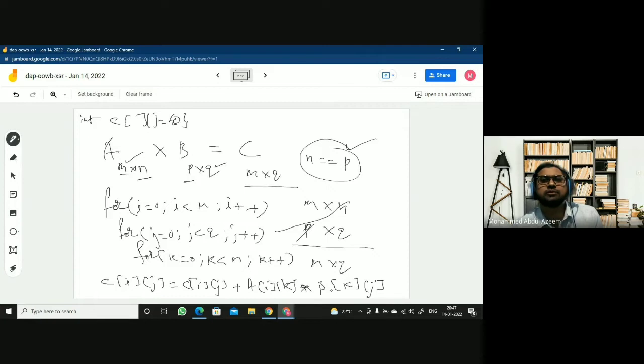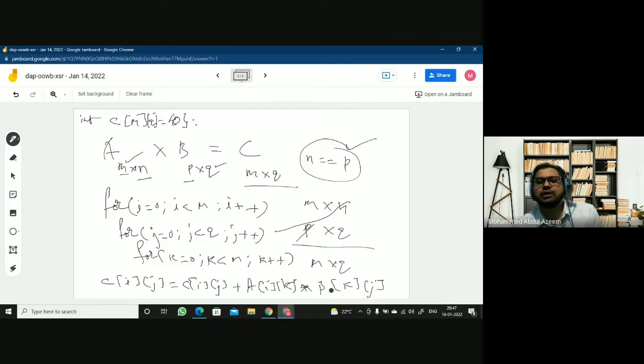What could be the order? Basically MQ, right? Here it should be initialized to 0 first, so that the initial value will be 0. Here we need to find the sum of the products. It's again a sum series. In such situations, the variable in which we are going to obtain the value should be initialized with 0, as it is already initialized with 0.